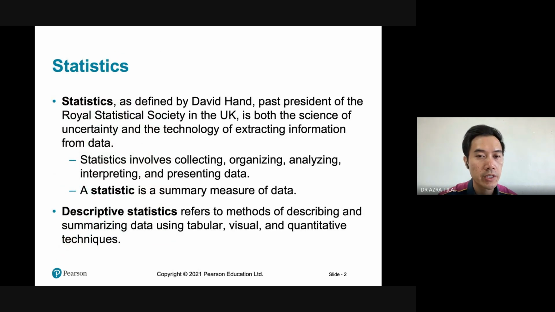We look at the definition made by an individual called David Henn. According to him, statistics involve collecting, organizing, analyzing, interpreting, and presenting the data. So statistics is a summary of measured data. And descriptive statistics refers to a method of describing and summarizing data using tabular, visual, and quantitative techniques. This is a very good summary of the purpose, the role, and how you use